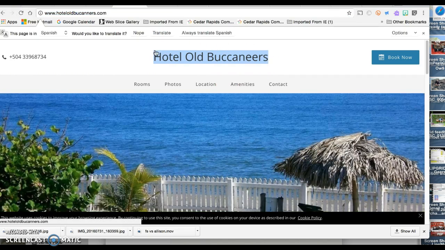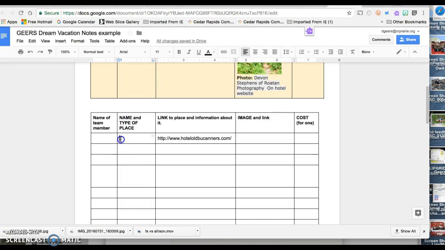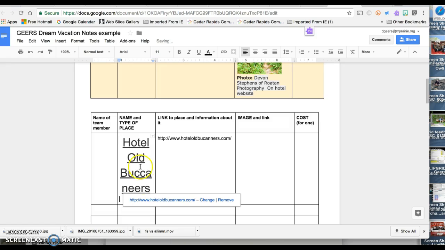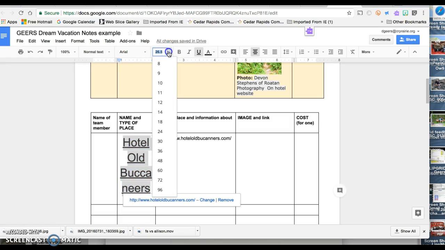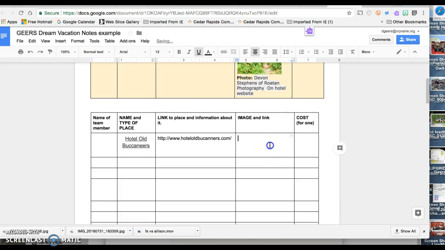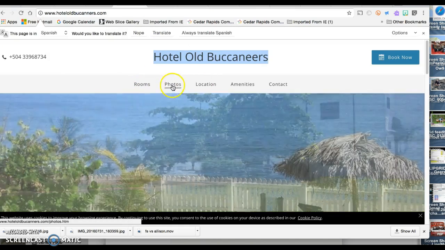It's Hotel Old Buccaneers. Go back to my notes page. And I probably also want to make that smaller. Okay, and I will pick an image quick, or I guess I need to show you how I picked it.